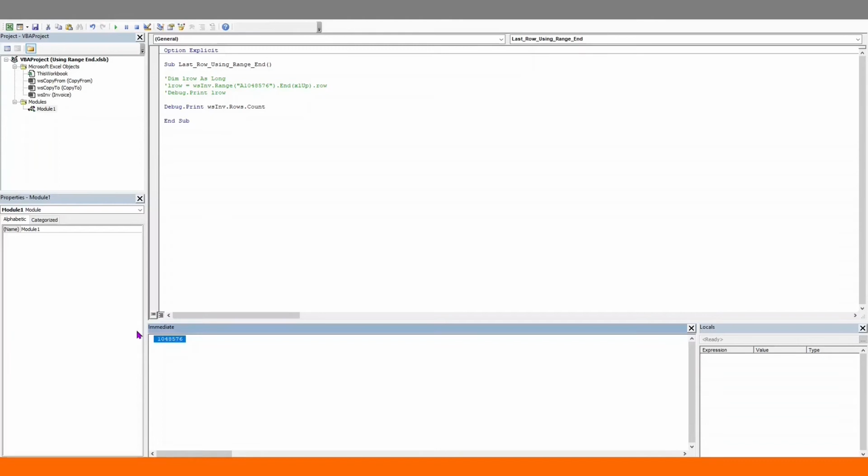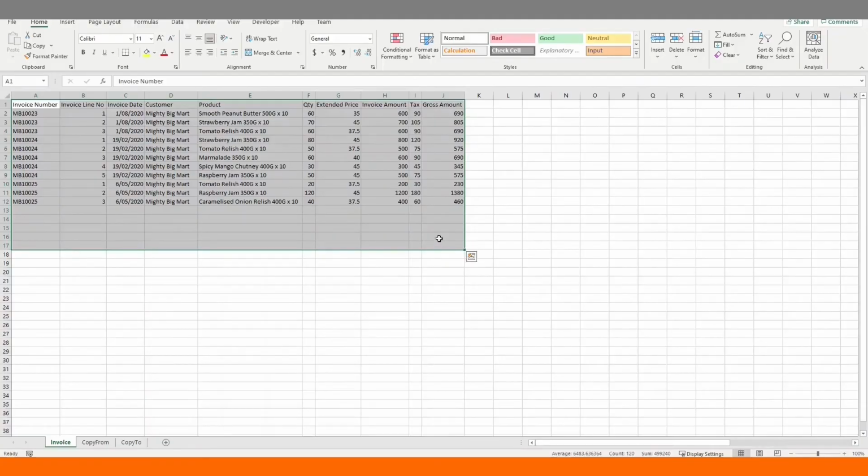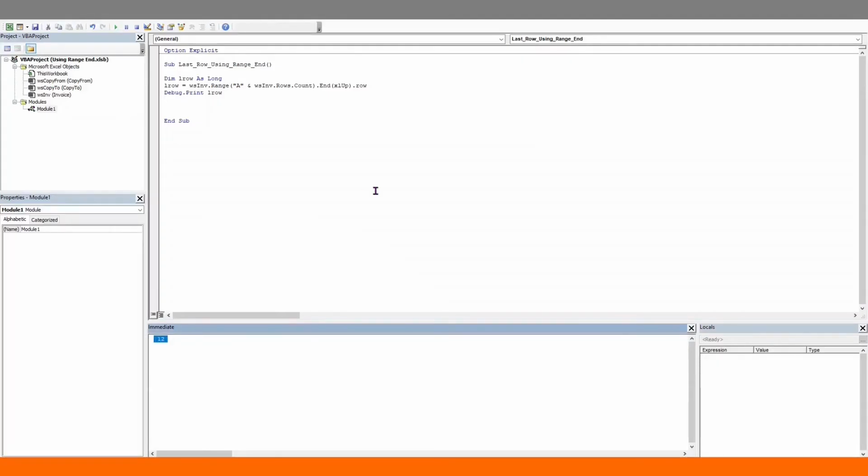This is more convenient to use, and we are going to stick to this for the rest of the video. So let's feed this into our code above. We'll remove the number and concatenate the rows.count property. And let's run this. We get 1, which is exactly what we want. And let's run it on the full data set as well. We get 12, which is the correct answer as well.